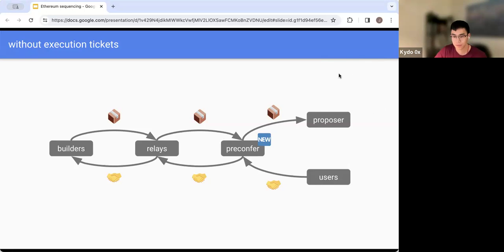Yeah, thank you for the presentation and all the conversation around it. I just have a quick clarifying question. I want to make sure my assumption on how these things work, like the prerequisite for these to work. I think one of the key things is just a mechanism for posting collateral from the proposer side. Is that a consistent theme? The second thing is, without execution tickets, we basically need a way for the proposer to express delegation preferences to external parties. And when we have execution tickets, sorry.